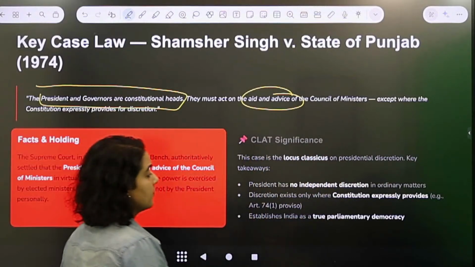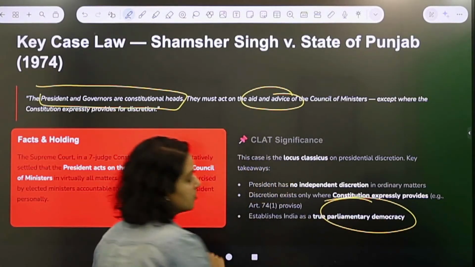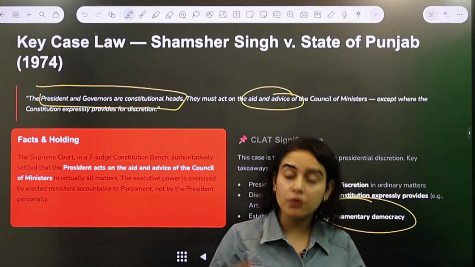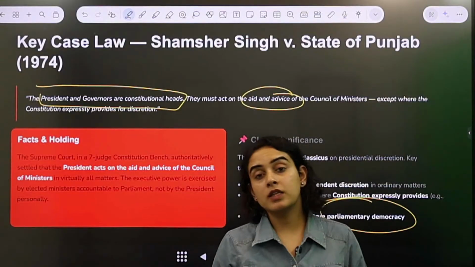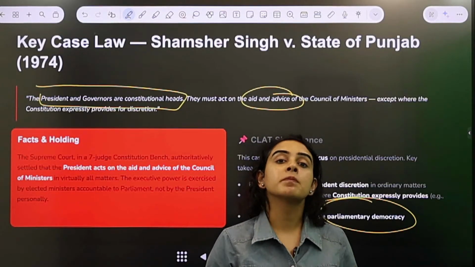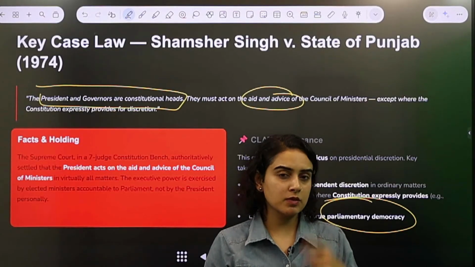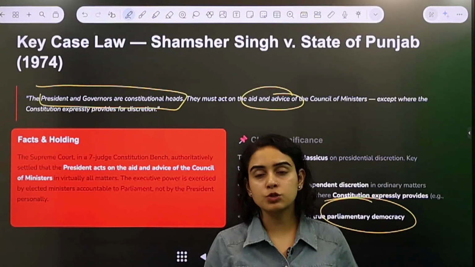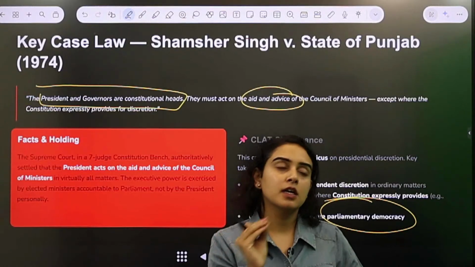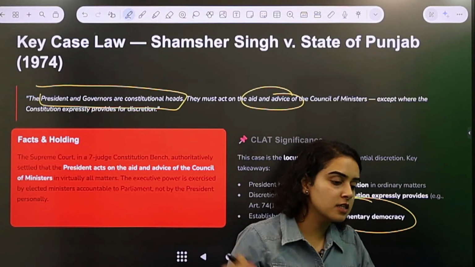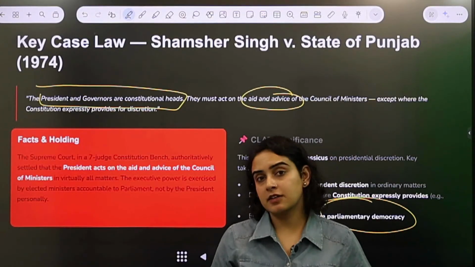And yes, this also established that there is parliamentary democracy in India, which means that the parliament has a lot of powers. We are not a presidential form of government, unlike the US, where the president has maximum powers. We are a parliamentary democracy, where the parliament has more powers. Why? Because the parliament is responsible to make laws, and also a part of the parliament, which is your council of ministers or your cabinet, is responsible to actually execute the laws at the ground level. Okay, so this is the union executive, right?